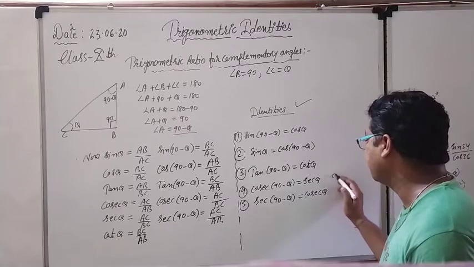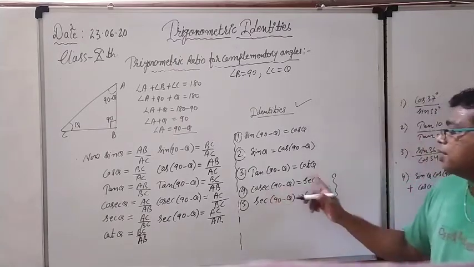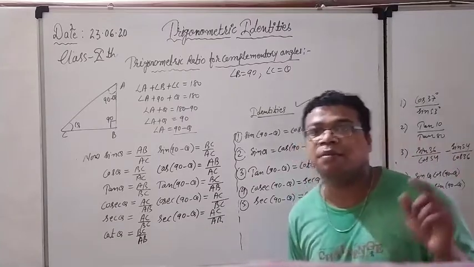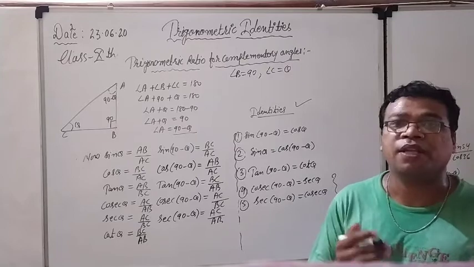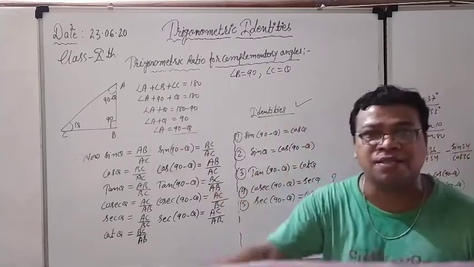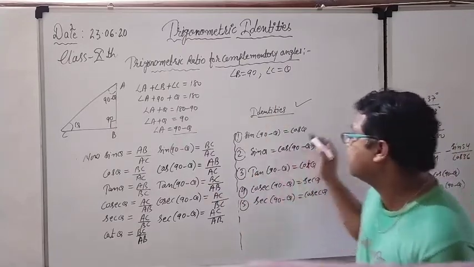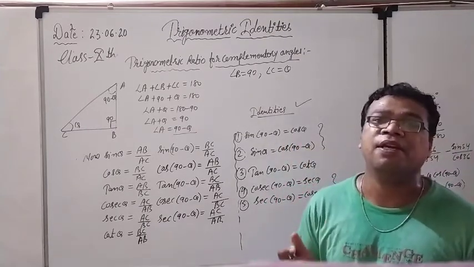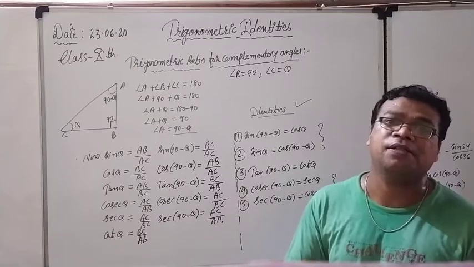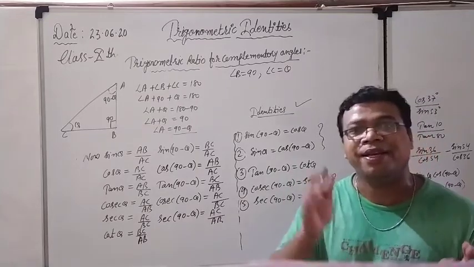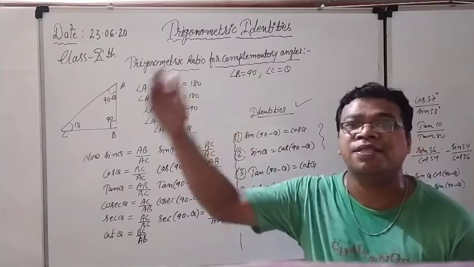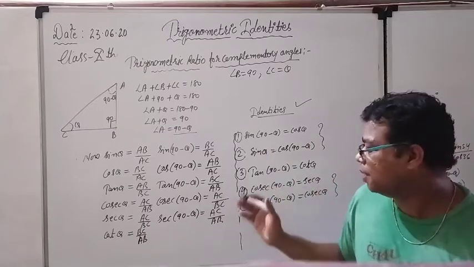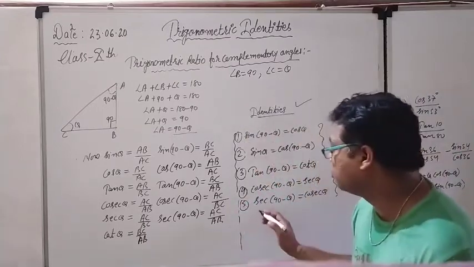Now you can understand from both formulas: cosec 90 minus theta is equal to sec theta, and sec 90 minus theta is equal to cosec theta. This means cosec and sec are complementary to each other. They both can be written in the form of 90 minus some angle. Sine and cos are also complementary to each other. They both can be written in terms of complementary angles. For example, sine 80 can be written as cos 90 minus 80. Whenever we solve questions, you will come to know some more things.